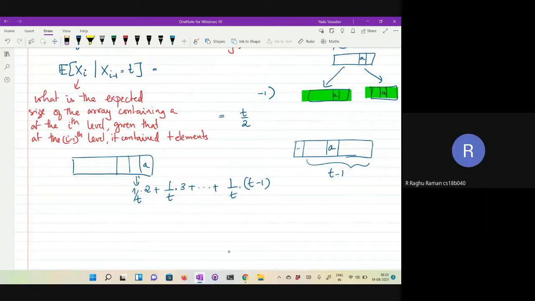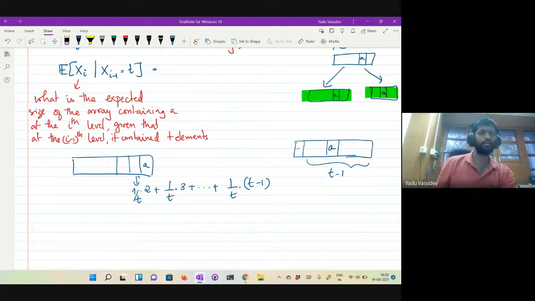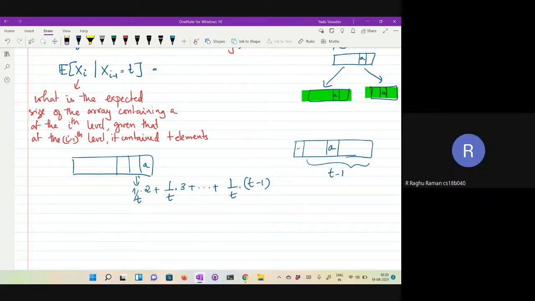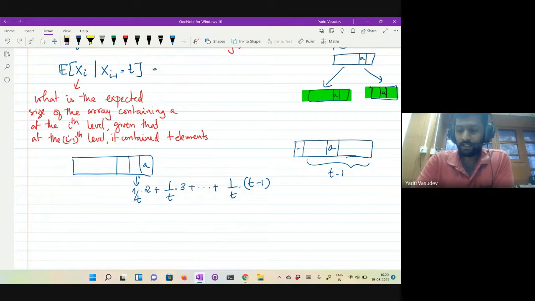I think we can fix the position of A in the sorted array. Call it some k, then analyze for that, and then look at different cases. So it'll be possible to do that, but the only thing is it might make it very complicated, right? Because